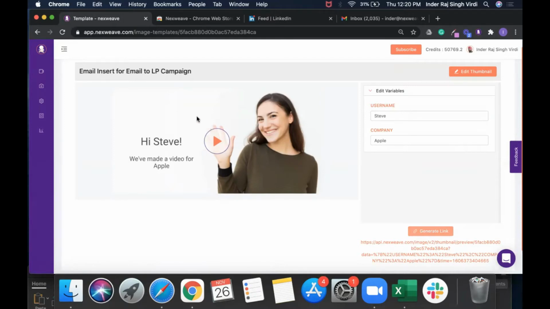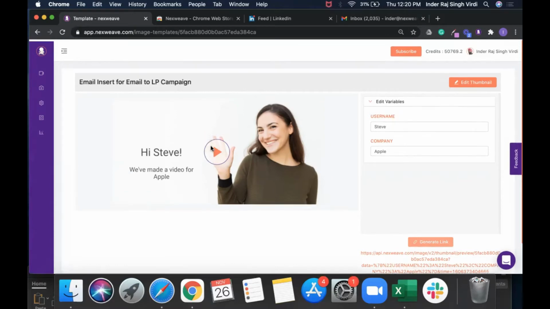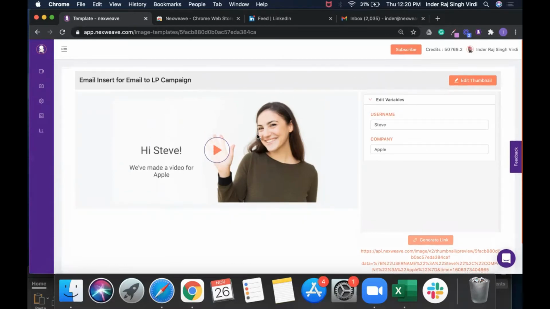Now you can also insert a thumbnail for the video that you are planting on your landing page. And to do that, we recommend having a similar image without the play icon. So to do that, you can either set up a template once again, or you can clone this existing template, replace the image in the background so that the position of the variables is identical. Let me show you how to do that.